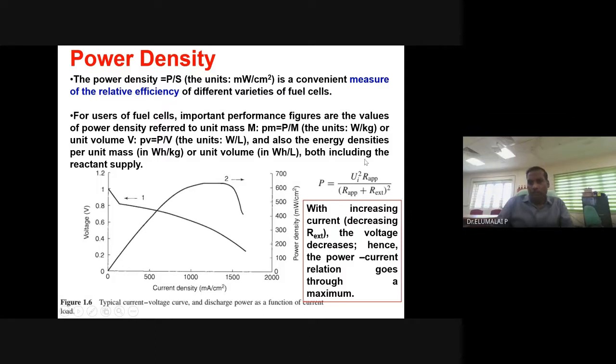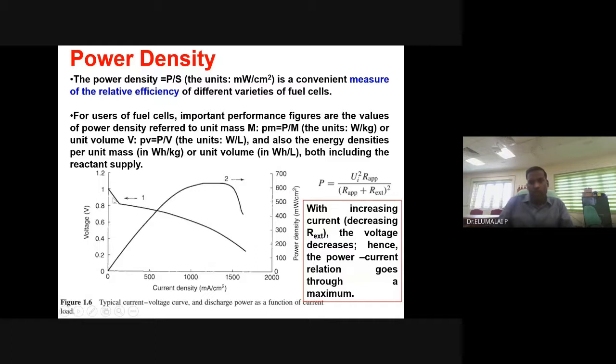So this happens to be a parabolic equation. Generally, if you plot power density versus the current of a fuel cell, it will reach a maximum and come back. The fuel is fed, slowly getting oxidized. All the molecules are getting oxidized. You get a maximum efficiency, maximum power density. Then when all the fuel is utilized, it declines. Then fresh molecules get absorbed. This is continuous. So it's parabolic according to these equations. And this is the polarization curve, the ideal polarization curve.